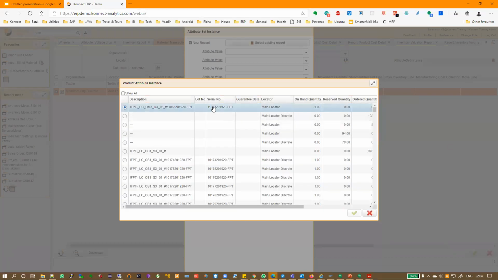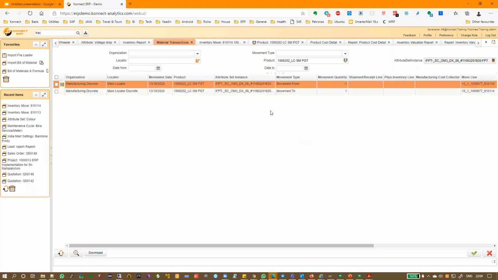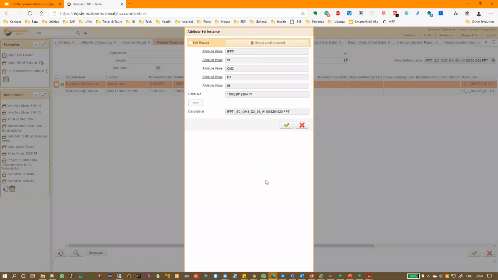For example, I want to track this ASI, so I want to know all the history about this ASI. I remove the dates. I want to know when it was created, who created it, etc. I can say, on this date, it came in from one warehouse to another warehouse. Not just for this ASI, any ASI I can do. This is called material tracking.